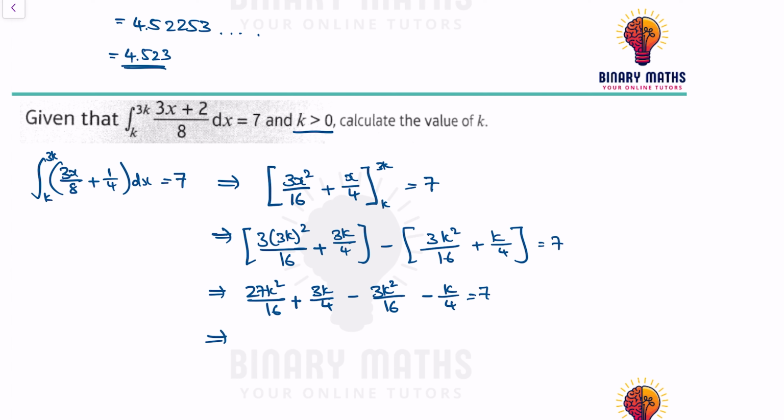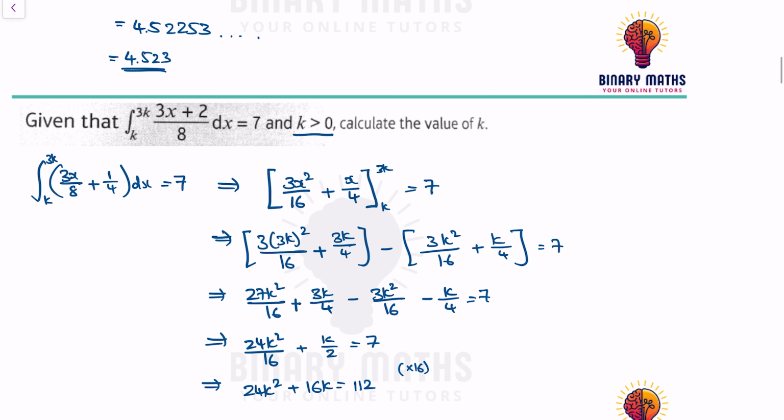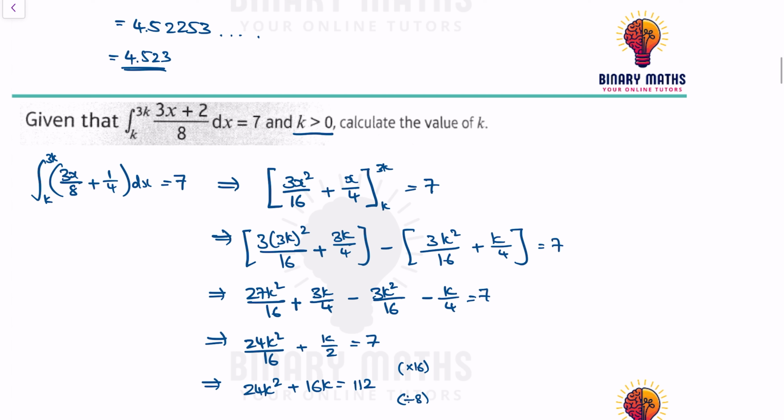If I collect the like terms together, I get 27k squared over 16, take away 3k squared over 16 is 24k squared over 16. 3k over 4 minus k over 4 gives you 2k over 4, which is just k over 2, which is equal to 7. If I times through by 16, I end up getting 24k squared plus 16k is equal to 7 times 16, which is 112. If I divide through by 8, because they're all factors of 8,